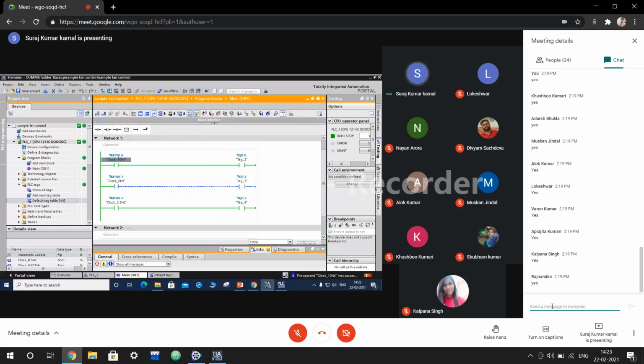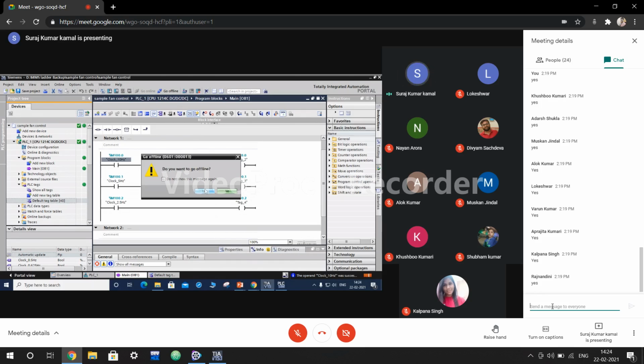Rather, it is working on a particular clock cycle. So now you can see this output. It is working on 10 hertz, and this one is working on 5 hertz, and this is working on 2.5 hertz. Okay, so if I go back to the offline session, let me just add another address to it,